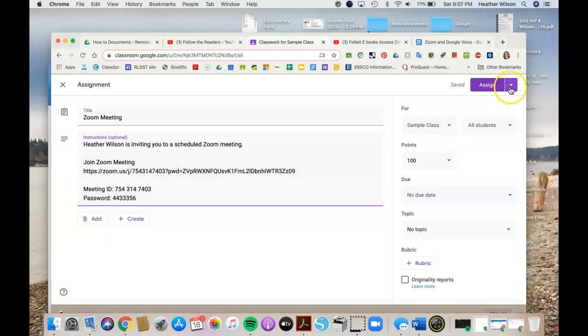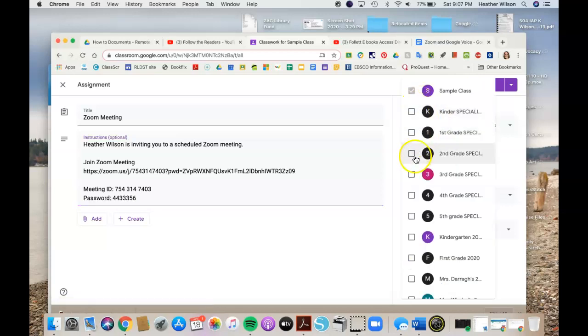And here's what I'm going to do. I'm going to make sure it's going to the classes I want. So right now it's just going to the one class that I'm in. If I teach several sections of the same subject and I want all of those students to show up at one time, I can do that too by assigning it to more than one classroom at a time. So I just click the little boxes for all of the classes I want to assign it to,